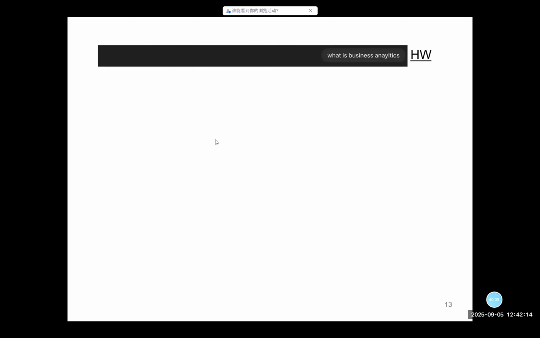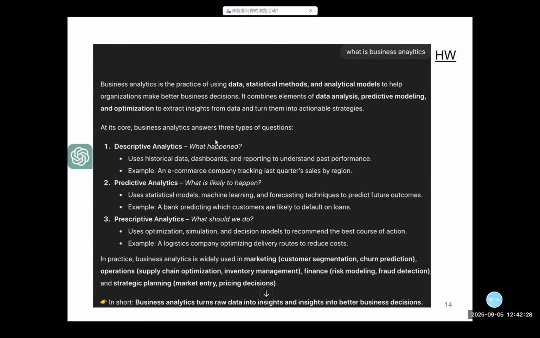So this goes back to the question of what is business analytics. As I was trying to ask Copilot, you remember it generates 3 core components, right? Prescriptive, predictive, I forgot the first one. Descriptive, predictive, prescriptive. Which is quite surprising because this is the answer I generated just now, and also when I generated